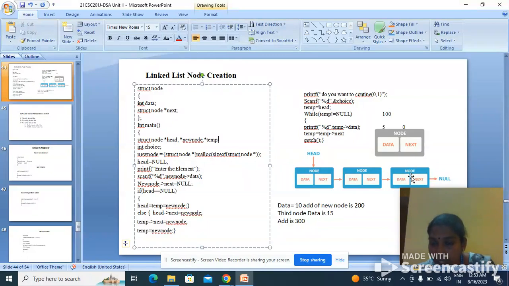So temp next equal to temp. Now the temp pointer is available here. It is not a null node. So you can print the value of this data, and again you can move a pointer to temp equal to temp next means here there is no node available. The condition is here false. Temp next is null node. So we cannot print the values further. So this is the display operation. So in this example, we have created 3 nodes and the same 3 will be displayed. So this is the way we have to create as well as display the linked list. So thank you. We will discuss the remaining, that is insertion at the beginning, insertion